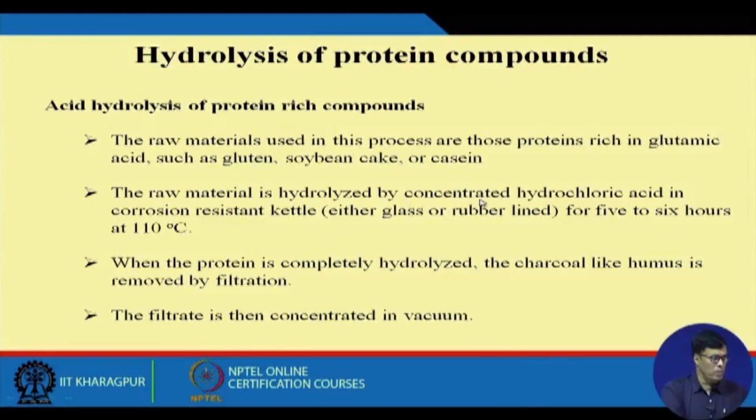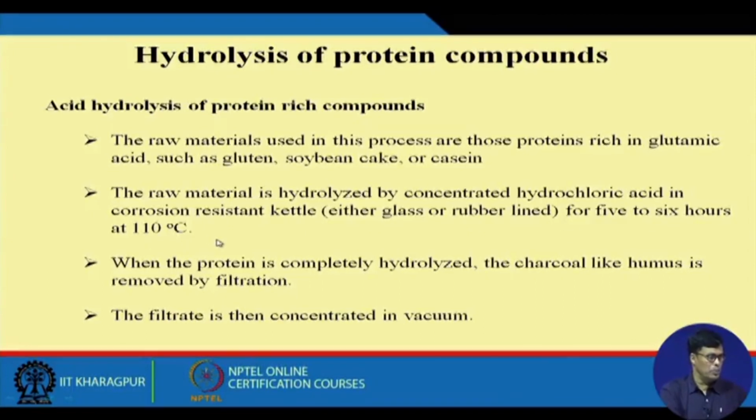Now, first let me discuss how through protein hydrolysis we can produce glutamic acid. This is the acid hydrolysis of protein rich compounds. The raw materials used in this process are those protein rich in glutamic acid, such as gluten, soybean cake and casein. So, these are the materials usually considered as raw material for the production of glutamic acid. The raw material is hydrolyzed by concentrated hydrochloric acid in a corrosion resistant kettle, either glass or rubber lined,